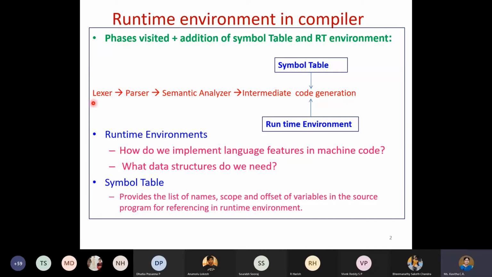Okay, we have seen in the front end, we have the lexer, we have the parser, then we have the semantic analyzer, and then also we saw intermediate representation, or it is also known as intermediate code generation. So in all these phases, we have used something called a symbol table, which we discussed in the last few classes. And whether this symbol table is sufficient is the next question.